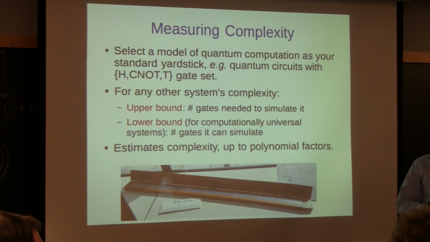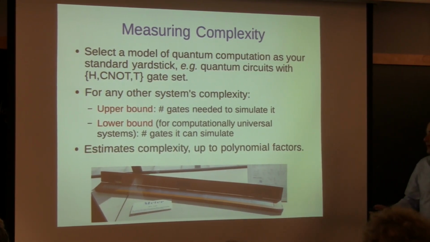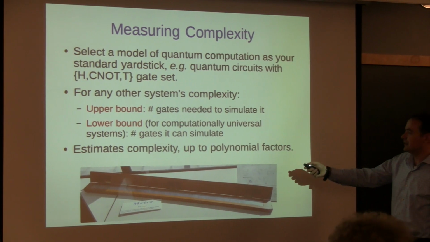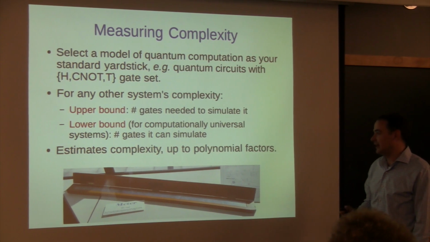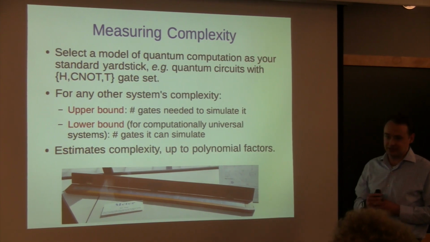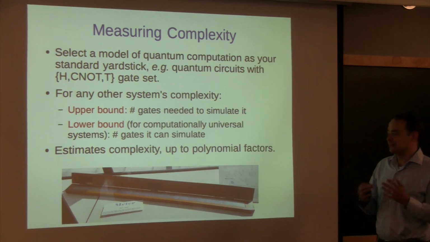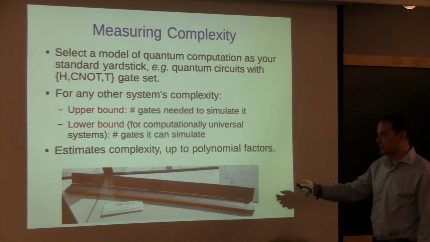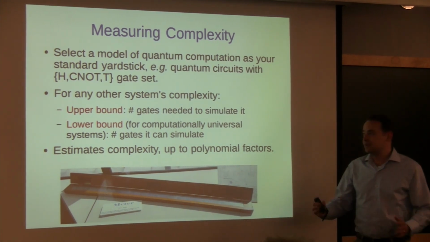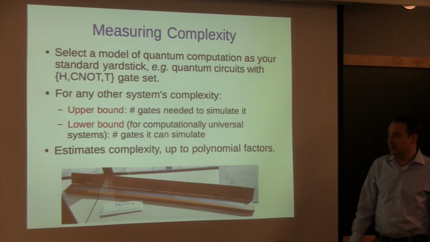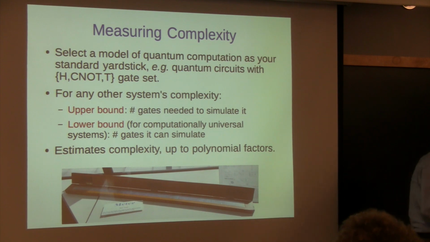And different people may make slightly different choices of what that standard should be, which ultimately may be a little bit arbitrary. But what I'll think of as the standard is a quantum circuit model with some particular gate set, such as, say, Hadamard and T, or maybe Toffoli and Hadamard. I think Scott mentioned some universal gate set, and counting gates is our measure of complexity for some computation that you want to do. But it's a little bit different than a meter stick in the sense that it seems